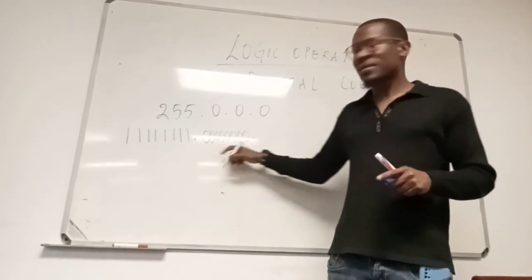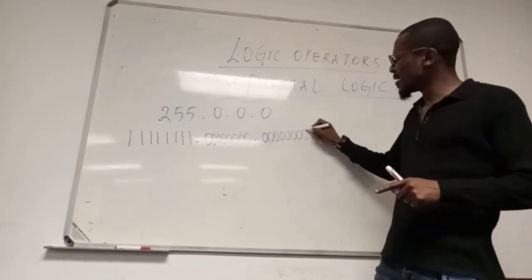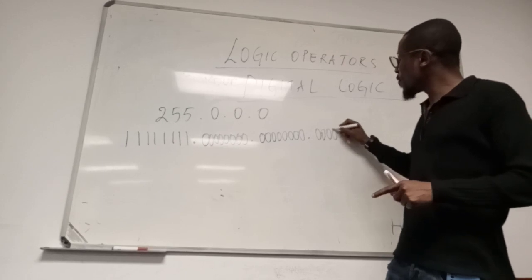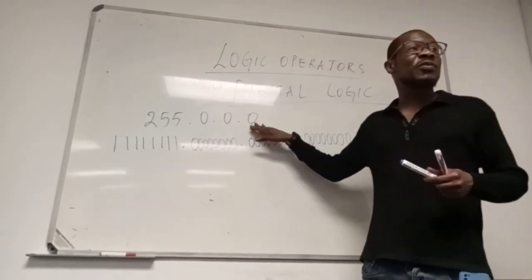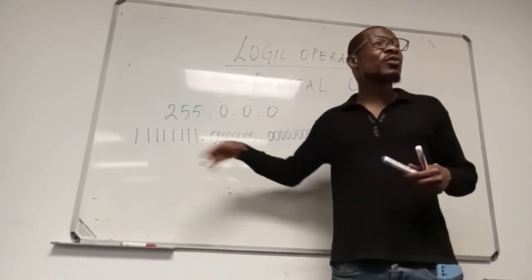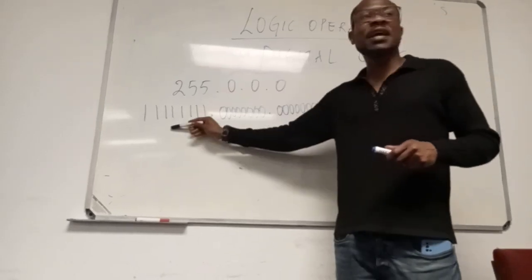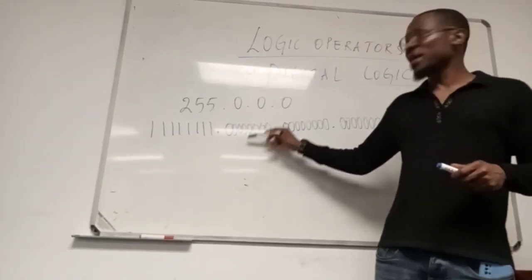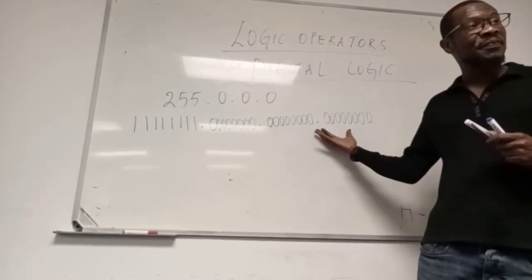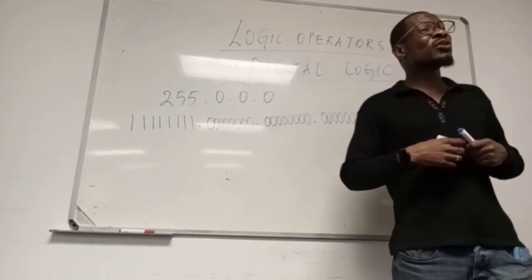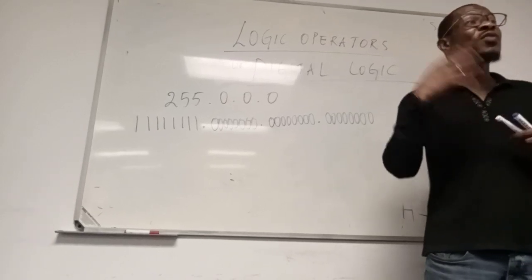One octet is 8 bits. Dot, 1, 2, 3, 4, 5, 6, 7, 8. Right? So here we are dealing with octets, but here we are dealing with what? Bits. One octet is 8 bits. Now from here, you must know that the exercise can tell you, or you yourself say,